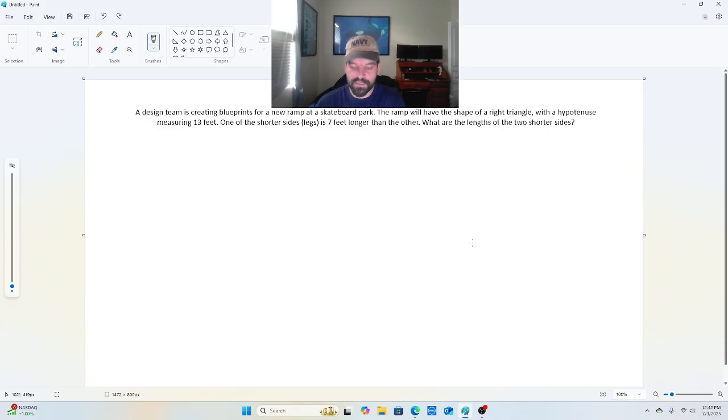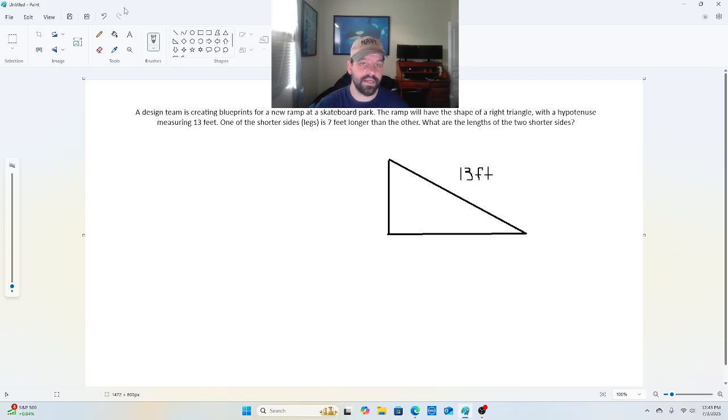So one of the biggest things that I would recommend with this problem right off the bat is to draw a picture of what you're looking at. So if we go ahead and draw our right triangle here, we have that its hypotenuse is 13 feet, and that gives us a lot of information right off the bat. It gives us a clear image of what we're looking at, but it also is going to, in a moment, show exactly what we're trying to solve. So if we keep going forward